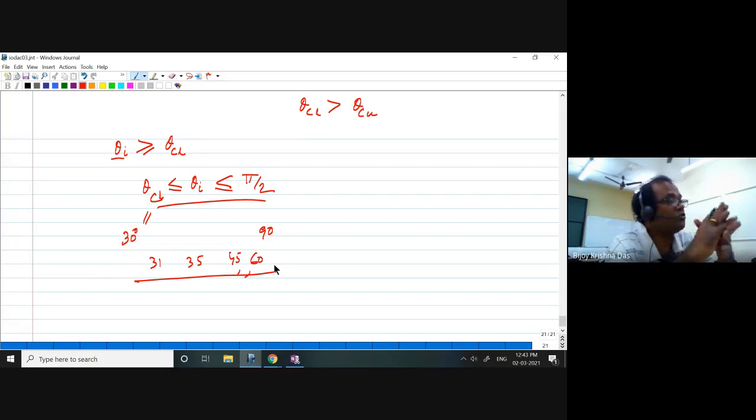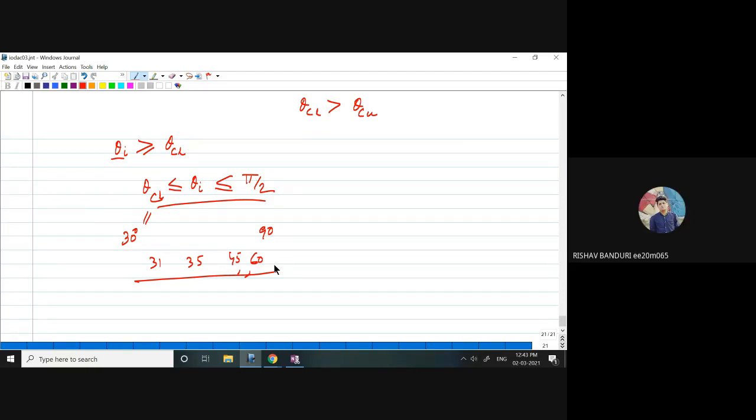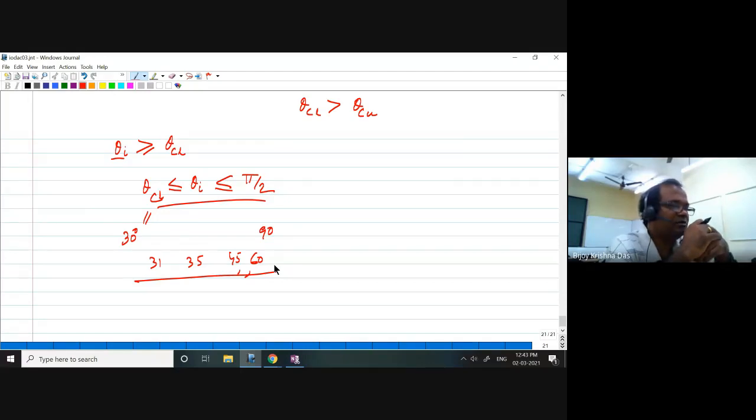And that ensures total internal reflection at both interfaces, right? So that means all these angles will help that light to be guided through the system. You have to tell me yes or no. No, sir. Anyone else? If you are saying no, I will be asking why no. If you are saying yes, I will be asking why yes.